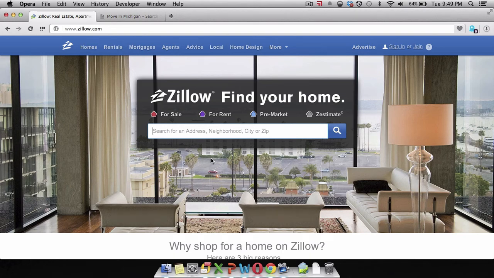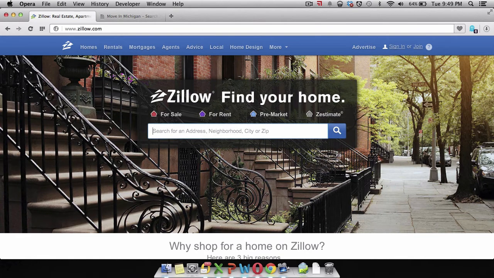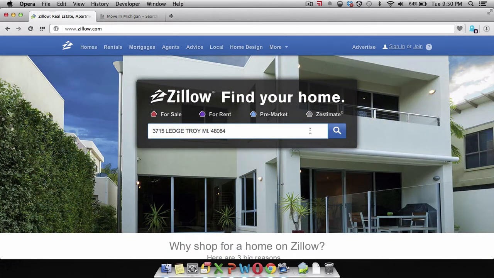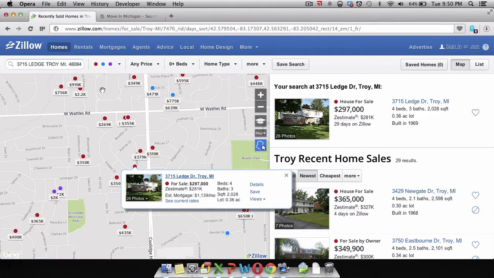Let's get into Zillow.com and how I like to use it. I plug in a property address. Let me just plug in a property address in Troy, Michigan, 3715 Ledge, Troy, Michigan 48084, and I tend to put in the zip code every time I do it. And when I come in to Zillow, it immediately brings up my property, shows me how many bedrooms, how many